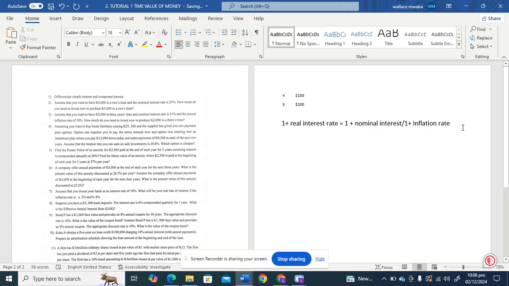Okay. The simple version of this is just real interest rate equals the nominal minus the inflation rate. Although if you want to get an accurate real interest rate, this is the formula that you use. Okay. This formula, just use it in case you're in an exam and you've forgotten this formula on top there, then you can use this one below. Okay, so